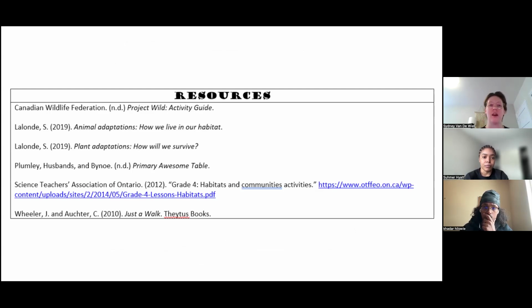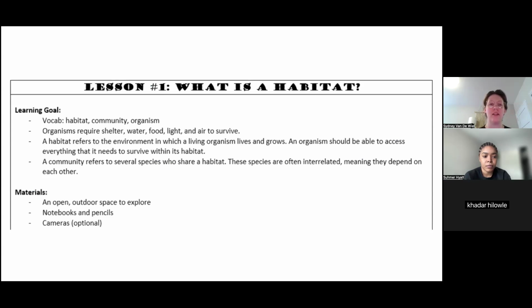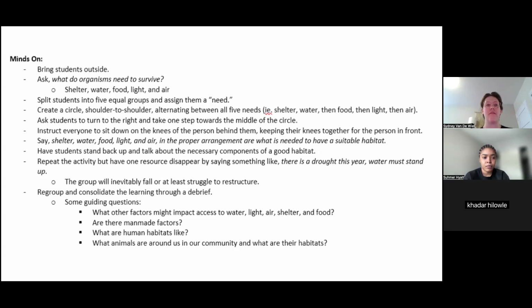So really, I took a lot of the activities from Project Wild, but all of these are great, and some of them are books that I've included in the lesson plans. So I'll just go through this first lesson plan. What is a habitat? So essentially, we have our learning goals, materials listed, and then I have minds on, hands